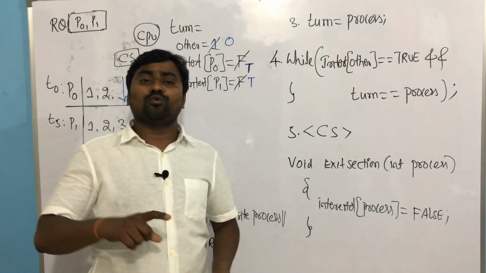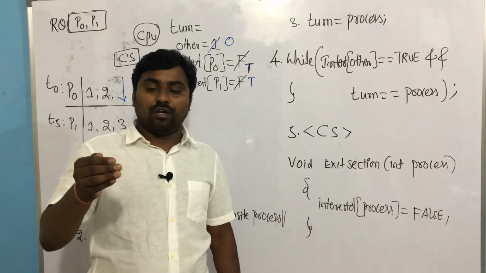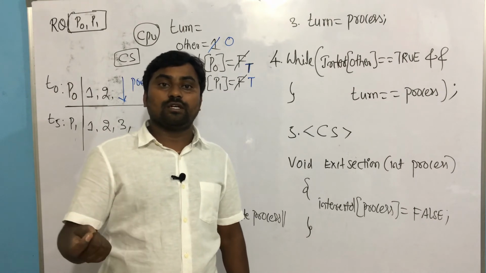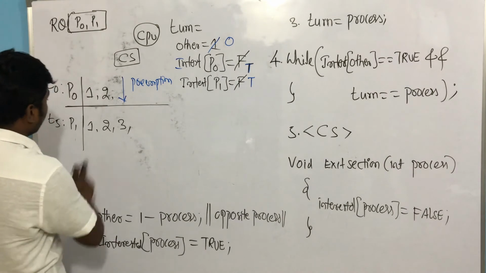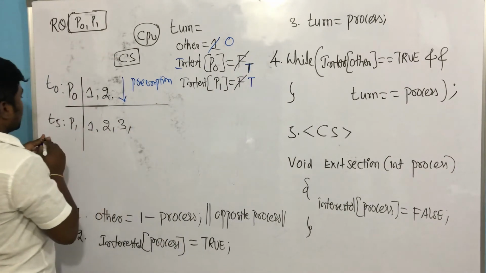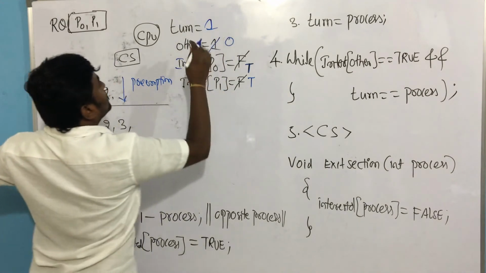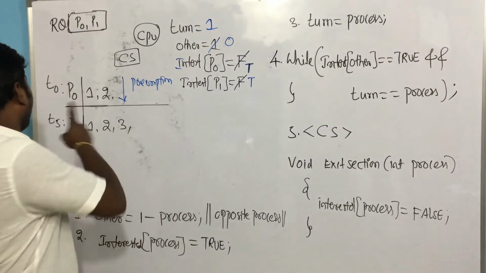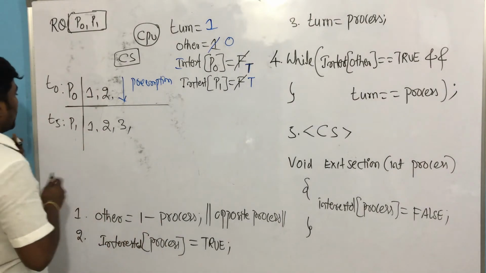I told you, in a typical preemptive concurrent environment, the turn value is updated by either P1 or P naught, depending on the sequence, and the final value of turn will depend on the process which executes last. So now third instruction: turn equal to process. Who is the process now? Currently the executed process is 1. So turn equal to 1. This is a very important thing you have to understand. Currently who made the turn value? P1 only, correct or not? Turn value, who made? P1 only. Okay.